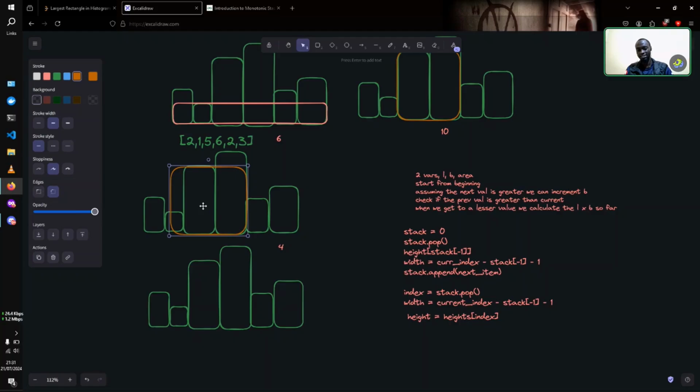Does that make any sense? I hope you're together. And finally, we can compute for 5,